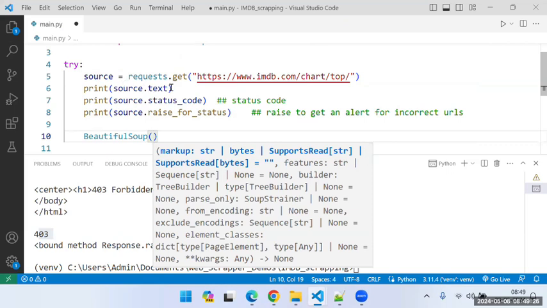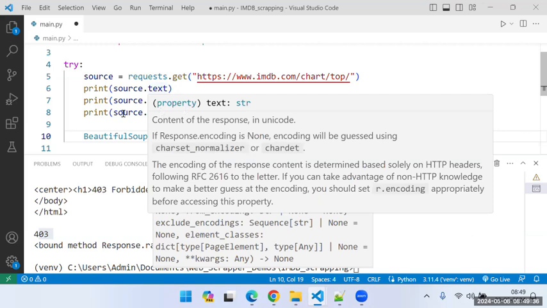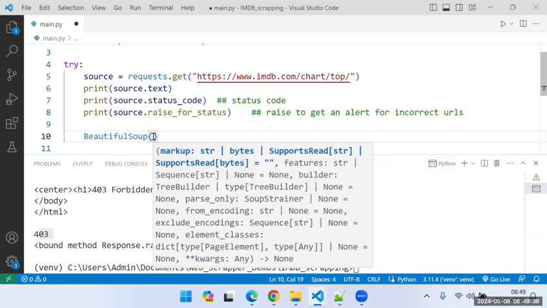We are using source.text. If we directly provide source, that is also fine because it's a byte object, and if you check the data type, it will be bytes. Source.text would be string, as you can see. So either of them is fine. We can pass it on as the first argument, and the next argument, there are multiple arguments over here. You can see the type of features that you can select, but the important one is